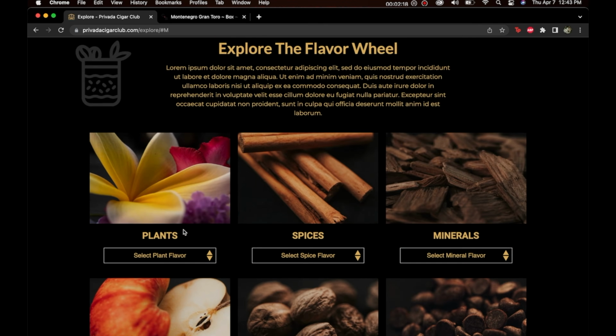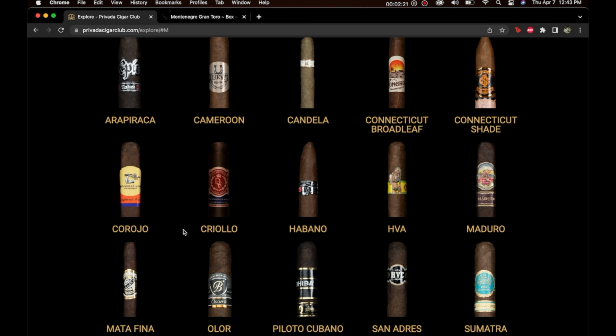So look, we know it's an Ecuadorian Habano, right? Mm-hmm. So here we have...